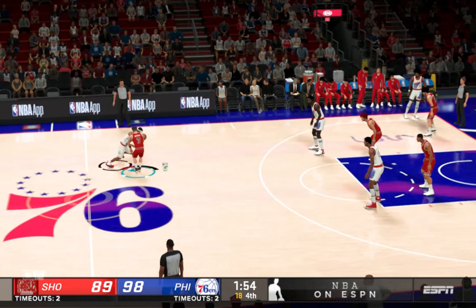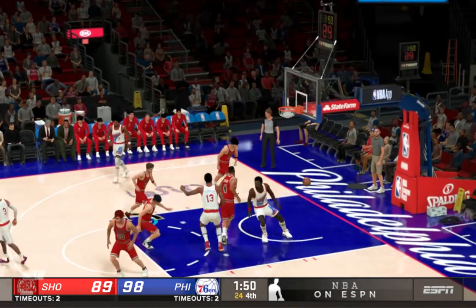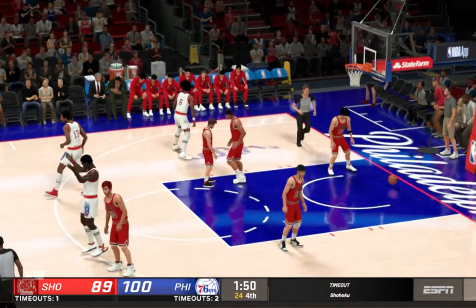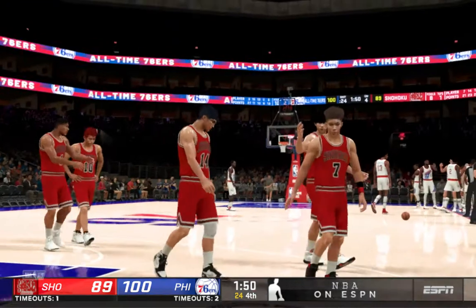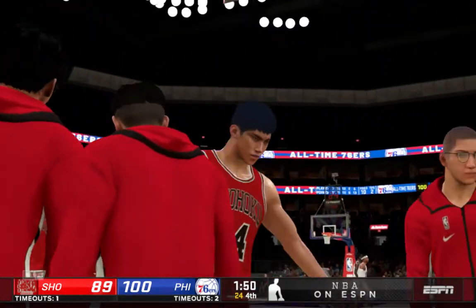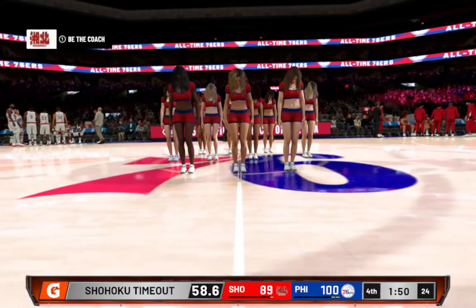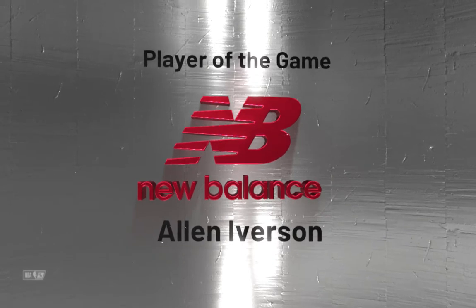We've got 1:55 left in the fourth quarter of this one. Here's Iverson. Finds himself wide open and drills it. And now an 11-point Philadelphia lead. How about that move? Is this guy special or what? Just love watching him operate inside. And he could tell his guys were dragging a little bit, calling timeout to kind of let them catch their